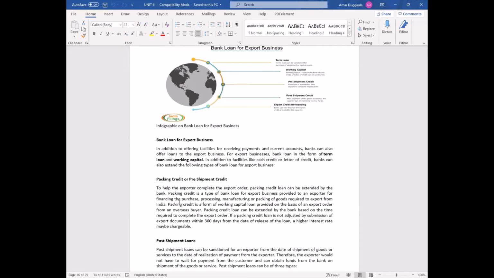For example, the order is 50 lakhs. You have received 5 lakhs advance. They say 45 lakhs will be paid at the time of delivery. So if you are starting to manufacture products, you are a small scale or a mid-scale organization, you may not have 45 lakhs to finance your order, because you have to pay workers, labor, employees, maintenance of office, electricity bills, tax, charges, this, that. So you may have to go to the bank to take the working capital loan. That is what is pre-shipment credit or a packing credit.